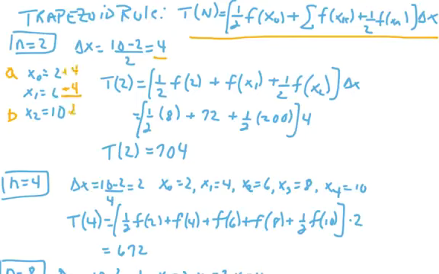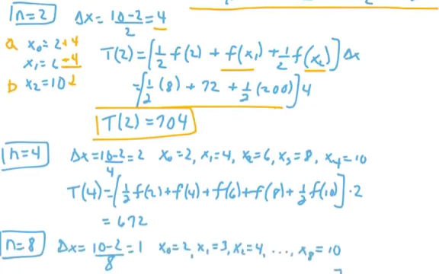So now just using the formula, 1/2 f of x0, which is f of 2, plus f of x1, which is f of 6, and then plus 1/2 f of x2, and that quantity added together and multiplied by delta x. So that comes down to, evaluated here, t of 2, the trapezoid rule, is